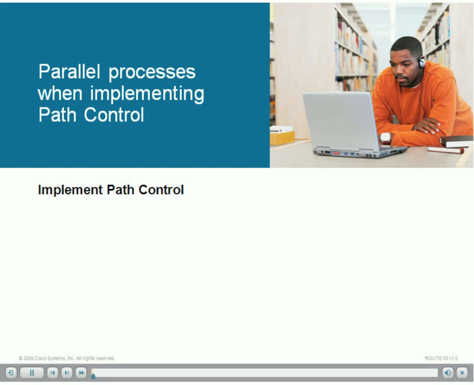This module is all about alternative methods for path control within the context of routing policies. Let me tell you what this is not. It is not about quality of service, a form of traffic management, and it is not about advanced path control mechanisms like MPLS traffic engineering, necessarily. It is about expanding the knowledge acquired in your CCNP ILT content and demonstrating real-life scenarios based on path control